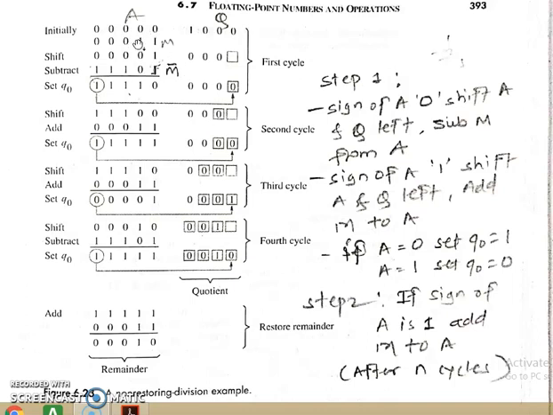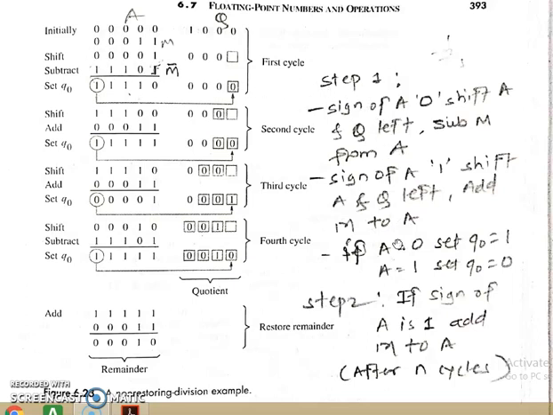The same example is taken here as we have seen in the restoring algorithm, where we have a dividend, that is 8, stored in the Q register, and a divisor, which is 3, stored in the M register, and the accumulator is having the value 0 0 0 0. So this is 4-bit, and why does the accumulator have 5 bits? Because we want to store the sign of the result, so that's why the extra bit is taken as the 5th bit. Okay, so let's find out what the algorithm says.